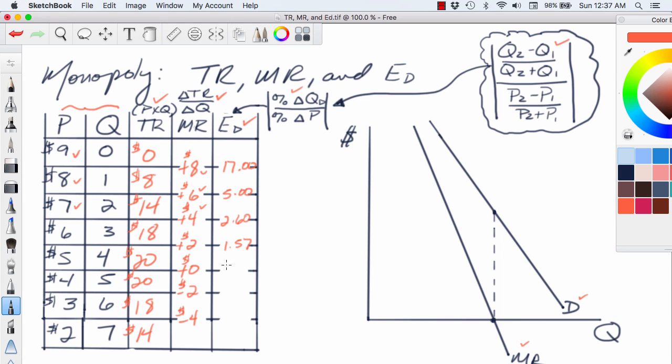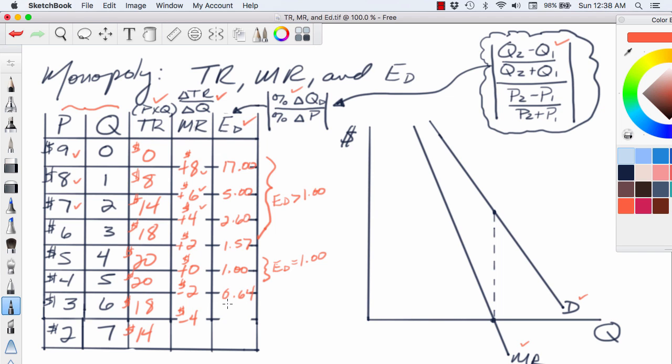And as we said in our earlier videos and earlier presentations, the ED coefficient decreases as you move down the demand curve. So there's a segment of the demand curve where the ED coefficient is actually greater than 1. And there is actually a segment of the demand curve where the ED coefficient is equal to 1. So we'll go ahead and note that. And if you keep going here, you'll see these ED coefficients become negative,